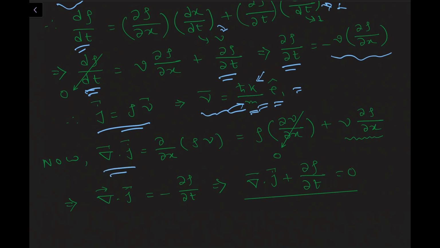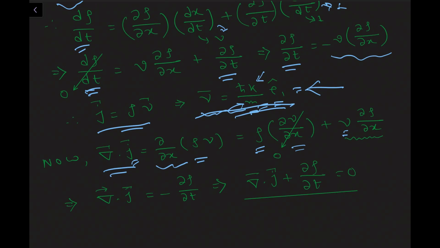Now let us take the del dot J term. Our continuity equation contains the divergence of J. Here it is a one-dimensional problem, so del becomes del del x and J is directed along the x axis. So we are left with del del x of rho v. Taking the derivative by the chain rule: rho into del v del x plus v into del rho del x. Our velocity term does not depend on x, since h cut k by m are all constants, so del v del x will be 0.